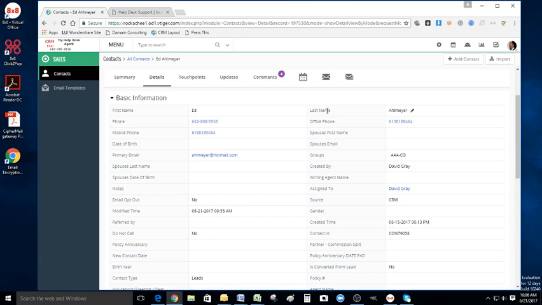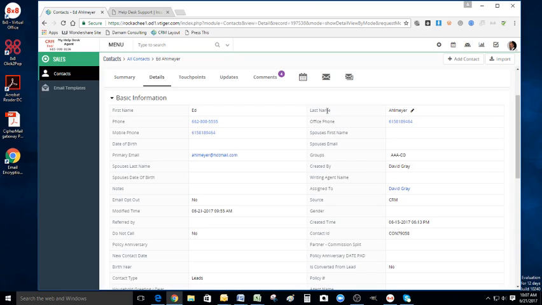So hopefully you've at least put that amount of information in there. Okay, and then we're going to go to phone numbers, the primary phone that they have. If you've got an office phone, put that in there as well. Okay. Primary email. If you don't put a primary email in here and you sell this client or a customer, if you sell them a policy, we're not going to be able to send out birthday cards